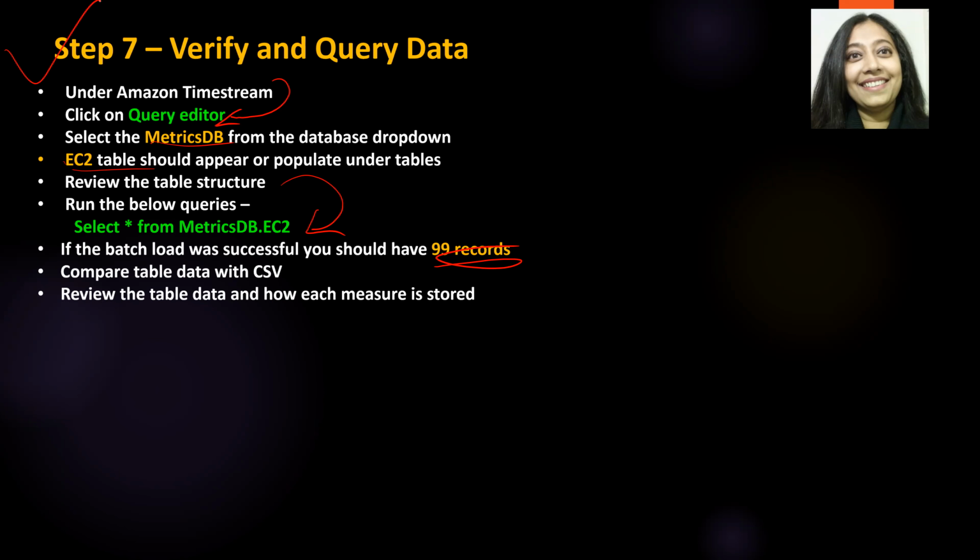Hopefully, this lab was helpful. Do try it out, right? Timestream is a fantastic database, especially if you are using time series data. It is going to be very helpful, and hopefully, you get a chance to practice this lab